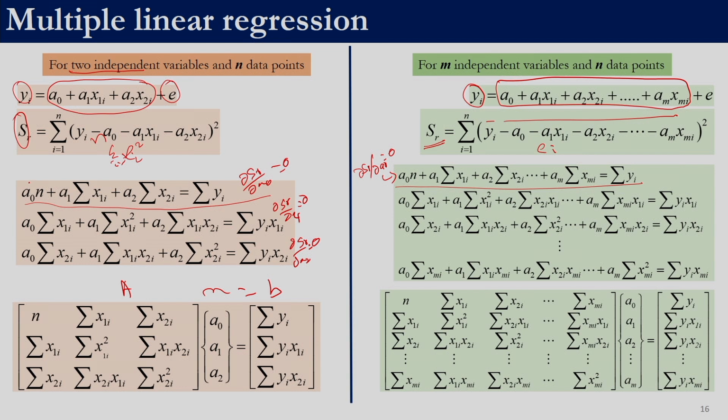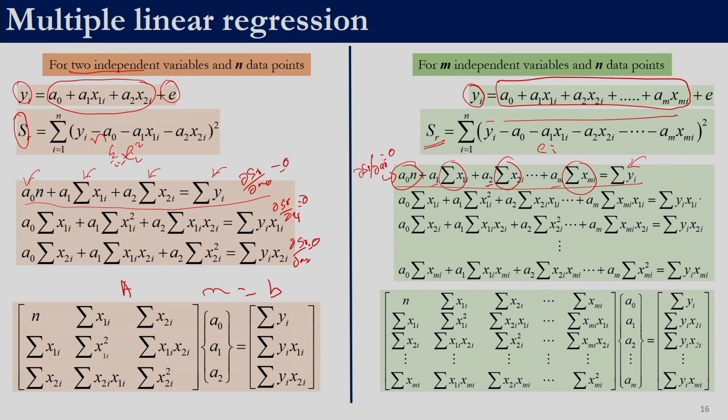So, this equation says the first term is n into a naught, the second term is the summation of the first independent variable, the third is the summation of the second independent variable, and the right hand side is the summation of the dependent variable. Over here also the right hand side is the summation of the dependent variable, and n into a naught is the same, right. These summations are the sums of each independent variable multiplied by its corresponding coefficient, right. Similarly, you can do dou SR by dou A1 equal to 0, dou SR by dou